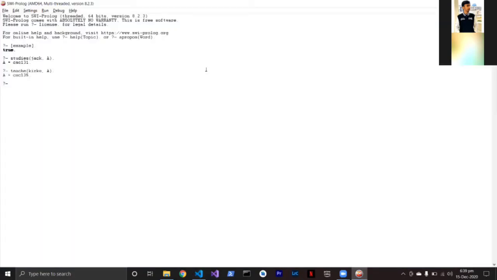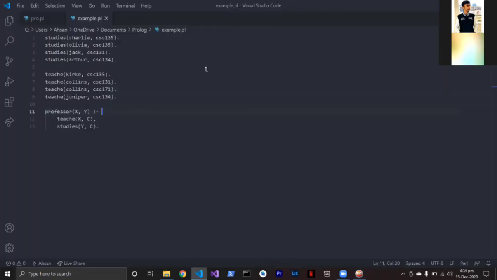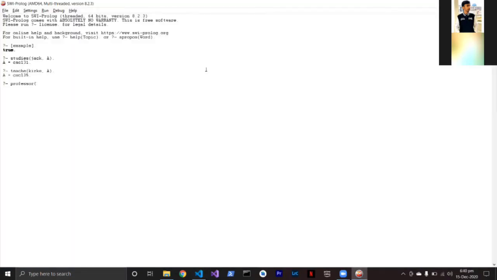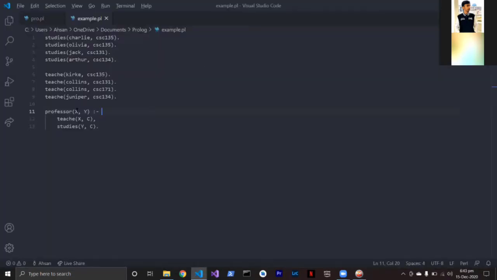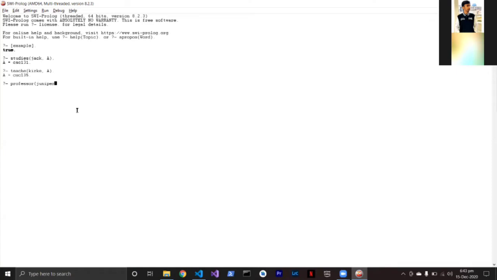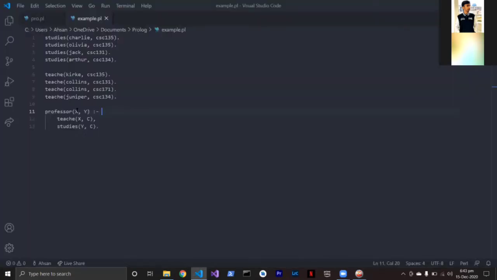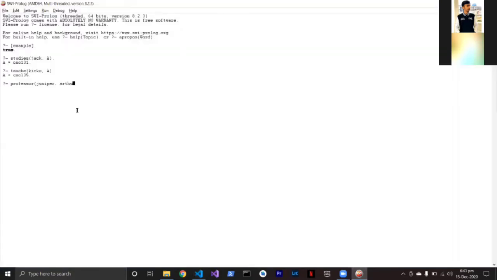So we will type professor, and since it accepts two arguments, I will type Juniper as the teacher, and then Arthur as the student, followed by a dot.